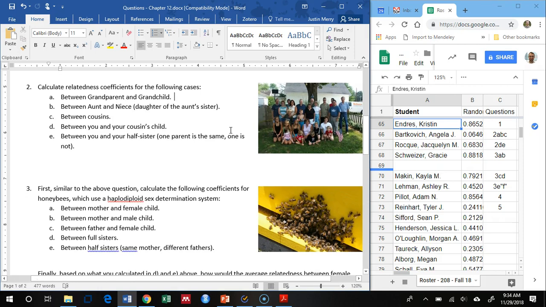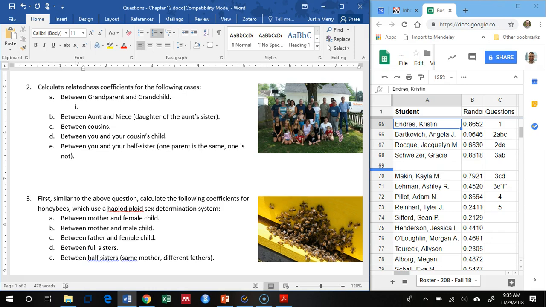Some individual that's doing it for the good of themselves will usually win out and have better reproductive success than you, even if it's good for the group. Number 2 is asking us to try to understand these relatedness coefficients, though, because ultimately how we understand a lot of the apparently altruistic acts that we see in nature is that individuals are doing things for relatives, and in that way they're benefiting.